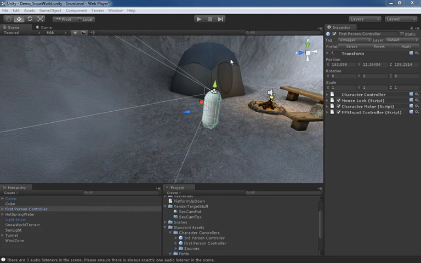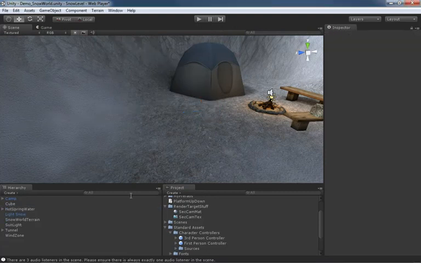In this video, we're going to take a look at the included first-person controller that comes along with Unity. Now, as you can see in my scene, I've already got one of these. As a matter of fact, we've been using it in most of our other videos when we play test various assets in our scene. So what I'm going to do is select this and delete it out, and we'll talk about bringing one in from scratch, and then we'll take a look at the various properties you have access to